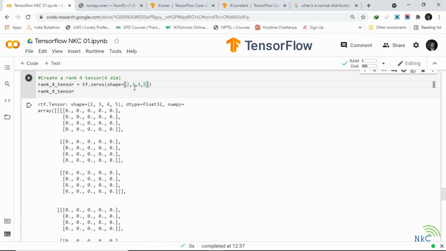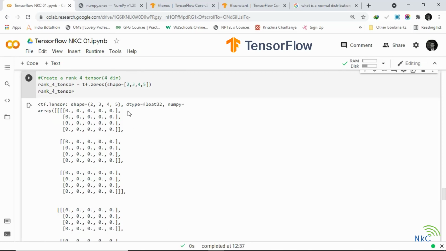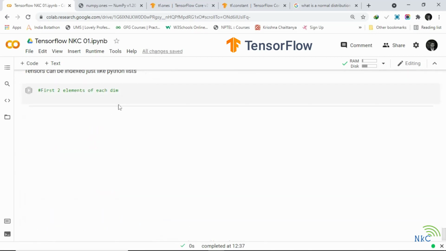It is going to be 0 for every element, every single one of them. But we want the first two elements of each dimension. So give that a try. If not, I'm going to start writing the code to do it, and we are going to have a look at it in a few seconds.